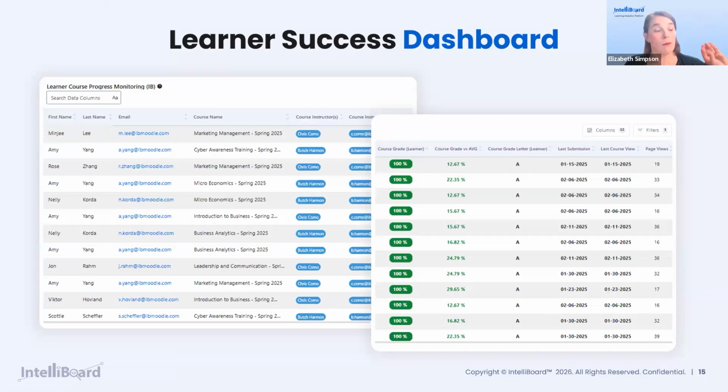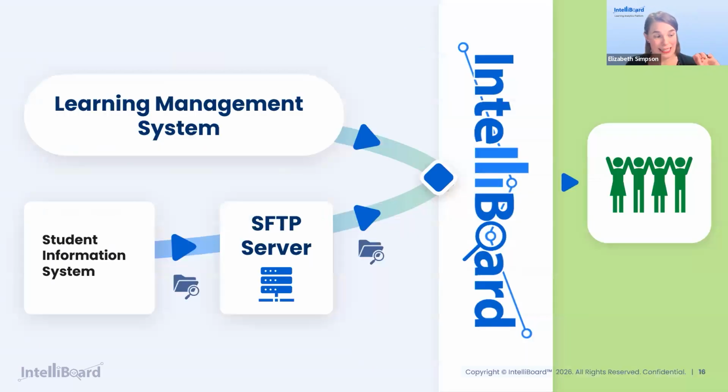And out of the box, it comes out beautifully telling us, centering the student, how is that student doing across all of the classes they're currently enrolled in. And in their case, we added data from the SIS and the attendance plugin that we were talking about earlier. The first time they've handed in something, the first time they've opened the class, the last time they handed in something, what it was, and so on. So at a glance, everybody who needs that information has it cleanly and consistently exactly when they need it.